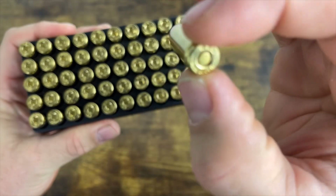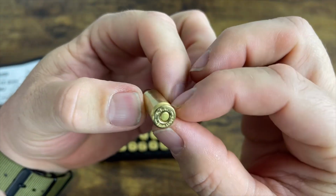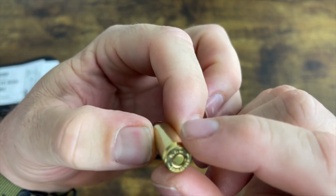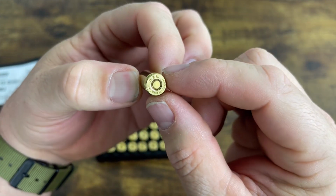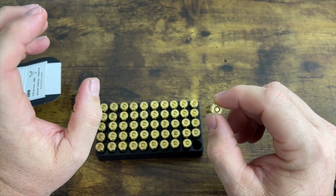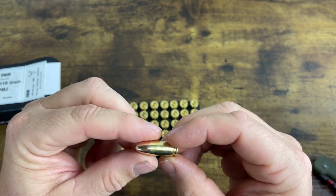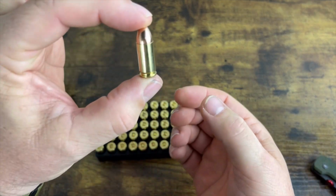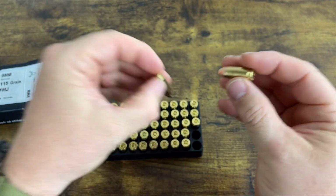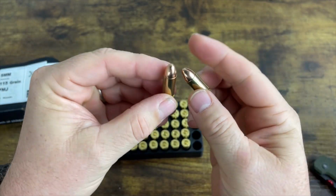At least in this one, I think that says GFL. Yep, that is, what is that? Fiocchi, however you say it, Fiocchi. I think that's Fiocchi brass. But there you go. It's standard 9mm. Yeah, I think the GFL is a Fiocchi brass. So,